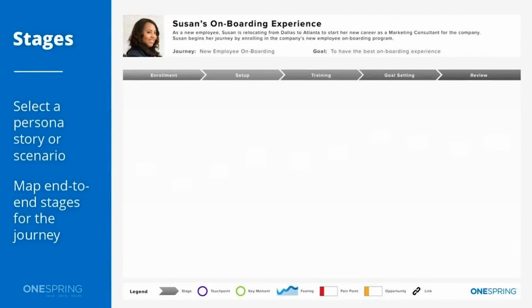All right, so let's go ahead and start to build out the map. So now that we've got the persona and we understand what our journey is, the first part is actually mapping out the different stages. So you'll see here in the legend that I have at the bottom that in addition to all the other key elements that I'm going to be adding to this map as we're creating it, you'll see that I'm looking at what are the stages. So in this case, starting with enrollment for onboarding, doing the setup, the training, the goal